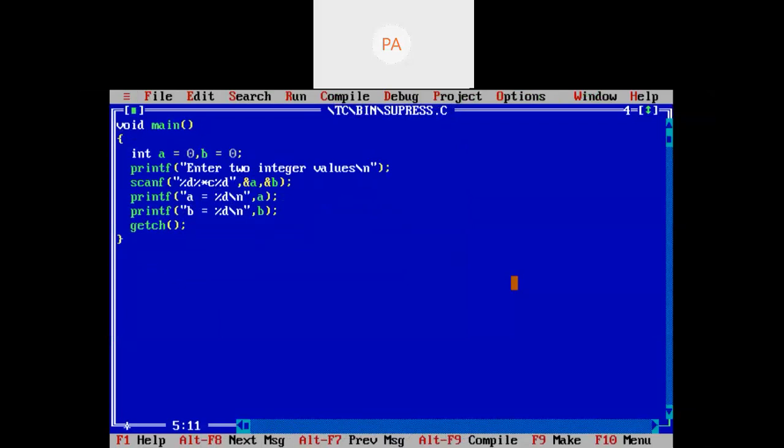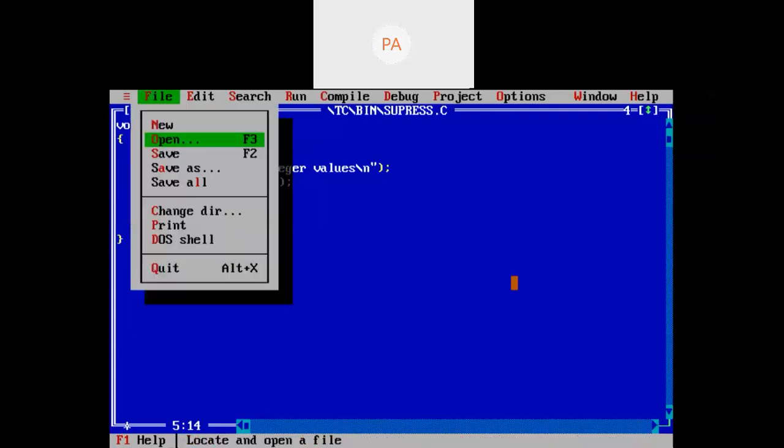So in the scanf statement, the first percent d refers to the first argument, that is a. Next, the third percent d refers to the second argument, that is b. And this percent star c, so in between if I give any other character which is not of type integer, that will be ignored. So if you just observe the output,